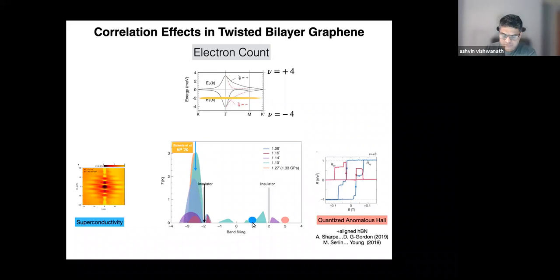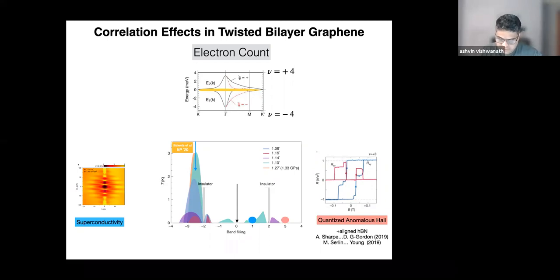There's also a report by Dima F. in equal to 1, quantized anomalous Hall effect. Those occur at odd filling, so that odd integer is important over here. But what I'll be interested in is the charge neutrality point. I float my chemical potential up right in the middle of those bands, equal to 0. And we'd like to understand that point from the theory perspective, and also try to correlate it with some experiments